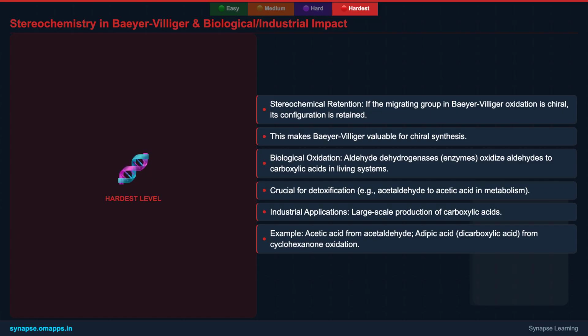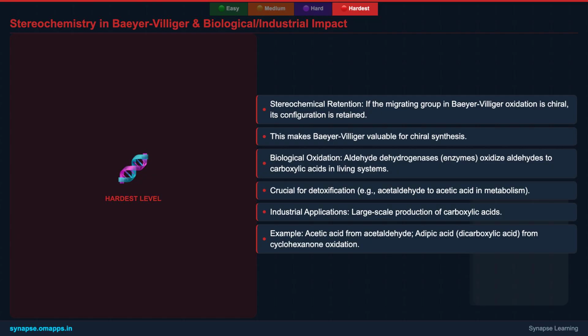A critical aspect here is the use of protecting groups. If a molecule has multiple functional groups, some of which are sensitive to oxidation, they must be temporarily protected to allow selective oxidation of another group. For instance, an aldehyde can be temporarily converted into an acetal, which is stable to many oxidants, and then regenerated later. This strategic use of protection and deprotection is a hallmark of sophisticated organic synthesis.